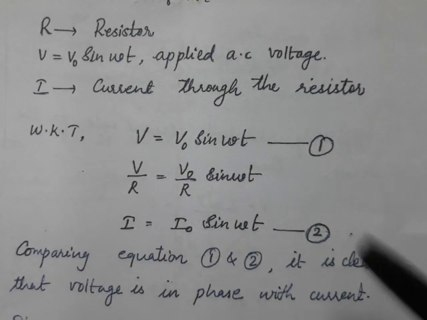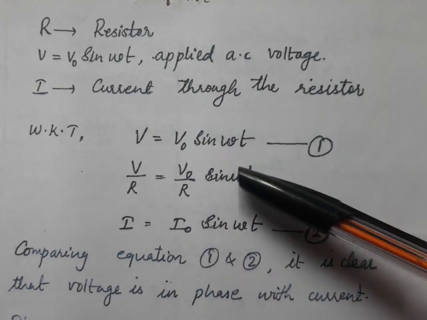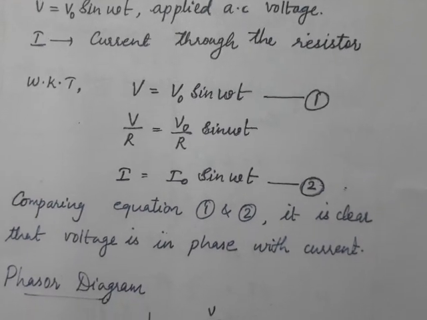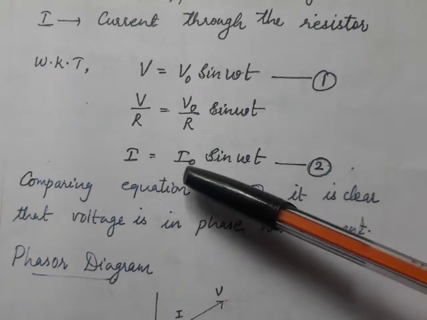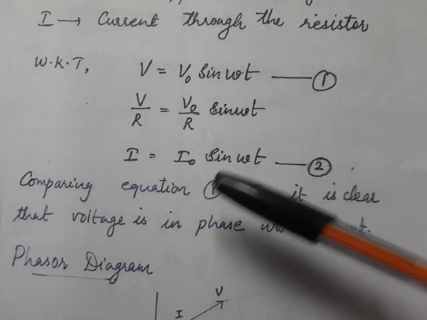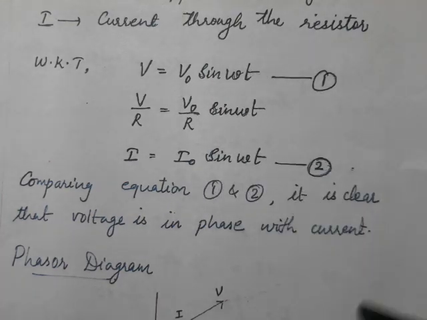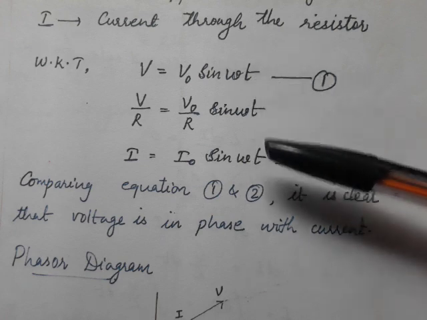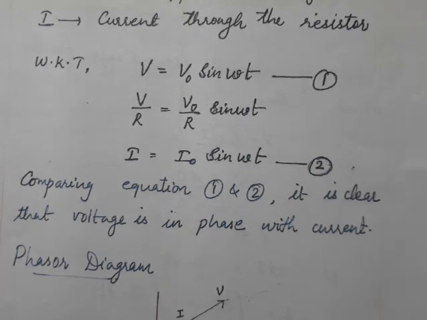So if I divide this equation number 1 by R, I am getting the current. So here I get V by R, here I get V0 by R sin omega t. So V by R is I, and V0 by R is I0. So I get the current I at any time t as I0 sin omega t. That is, the current and the voltage are varying as sin omega t. So what we say is the two are in phase. That means how the current varies depends on how the voltage varies. So in the same order they go, that is the same phase. We say that this voltage and the current are in phase.